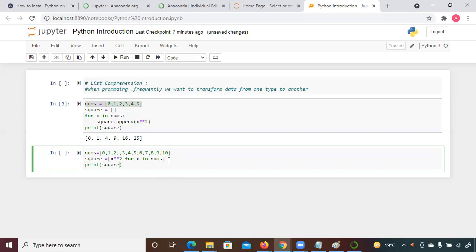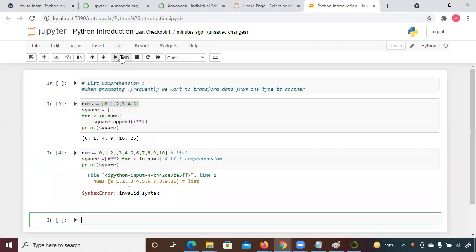So nums is a list, and this square is again a list, but you are doing an operation on that. So I will call this list comprehension, and here we're going to print that. So let me run and see.